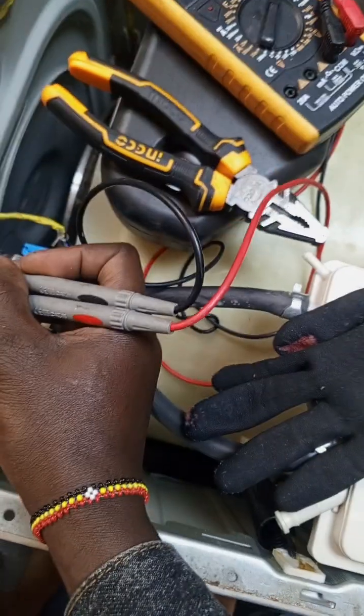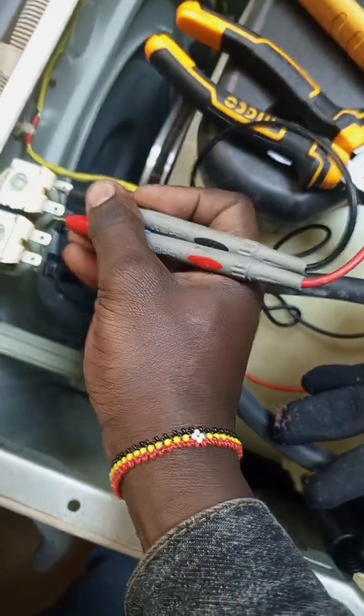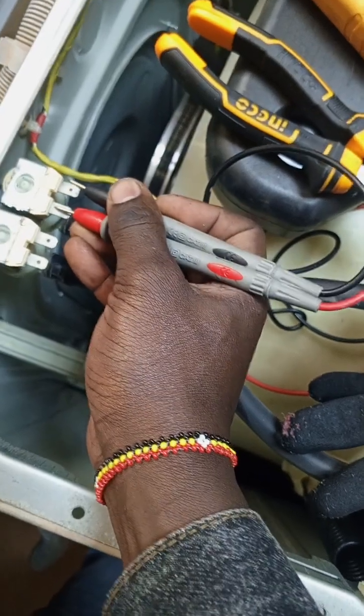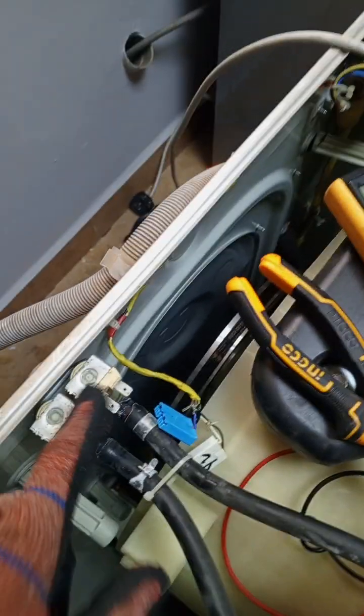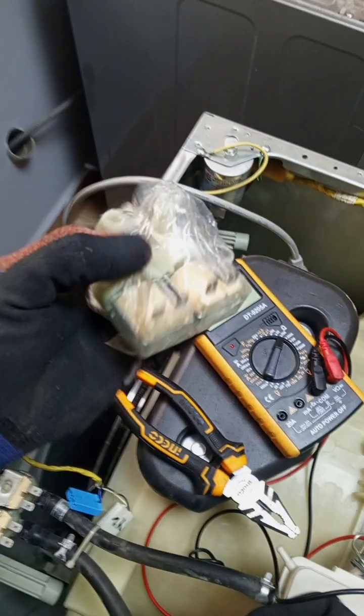So let's start with this, the one for soaking. There's continuity. You go to this, there's no continuity. This one is working, this one is not working. Now you are forced to get new solenoid valves, which is quite avoidable. So these are the valves,